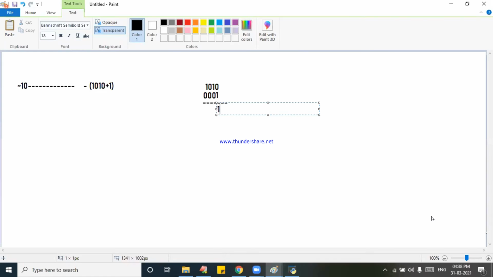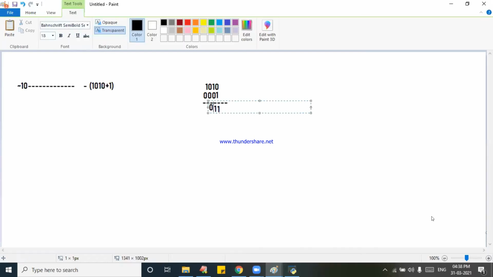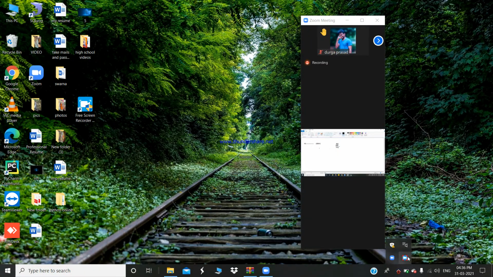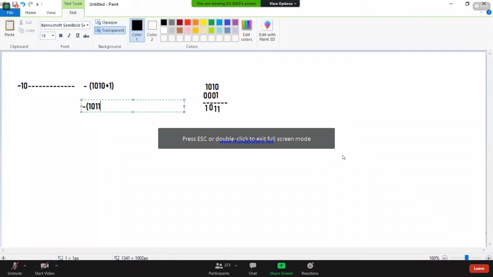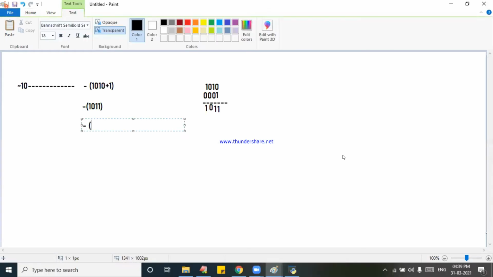Next you will get 0, 0, 0, 0, 0, 0, and next is called 1, 0, 1. That is nothing but minus of 1, 0, 1, 1, which is equal to minus of the equivalent of 1, 0, 1, 1, that is 11. The result is minus 11.